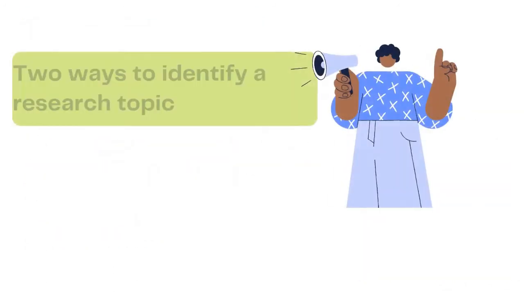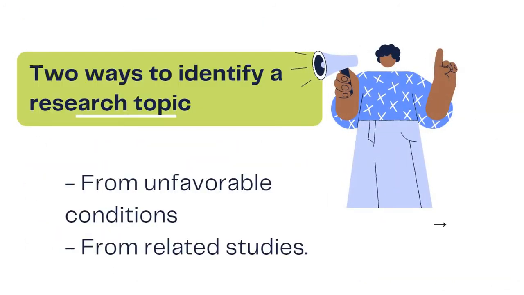There are two main ways to identify a research topic. Sometimes we don't know where to start. We want to do a lot of things. We're interested in many things. But to get ourselves started, to cut the paralysis of analysis, let's start with a few options. One, from unfavorable conditions. Two, from related studies. Unfavorable conditions are conditions that are not favorable,